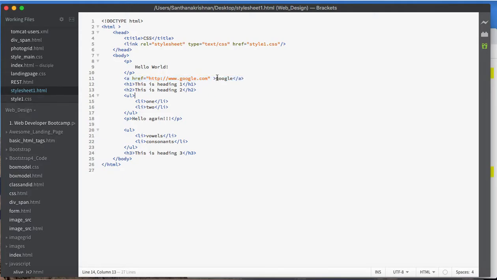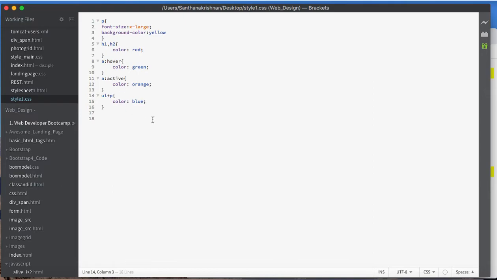The main thing, in the HTML file we need to link the CSS, style1.css I have defined. That is mentioned in the href attribute, relationship is stylesheet, type is text/css. Go to that style1.css, it's a separate file, and concentrate on this part alone.